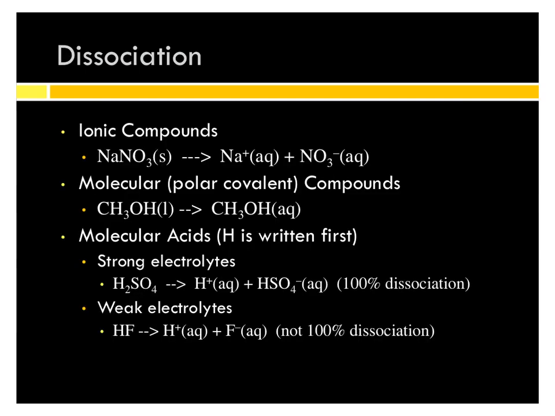So here we have some examples of what happens to different compounds when we put them into water. Like we said before, ionic compounds are going to dissociate completely. So we have NaNO3, the Na plus ion and the NO3 minus ion are going to be broken apart from each other. And we indicate this with an aqueous symbol, whereas before, on the reactant side of our equation, we have it in a solid form,